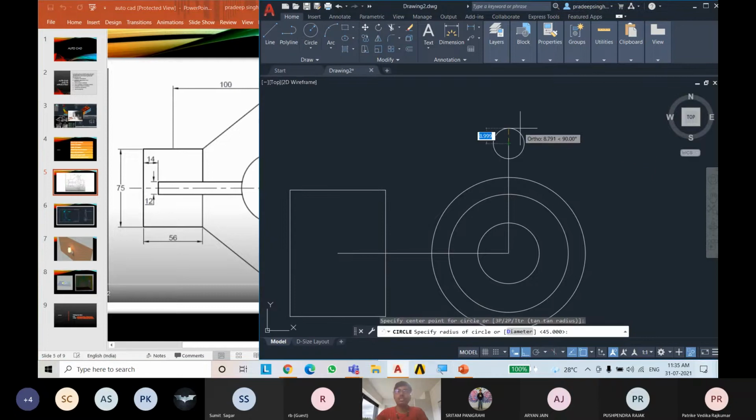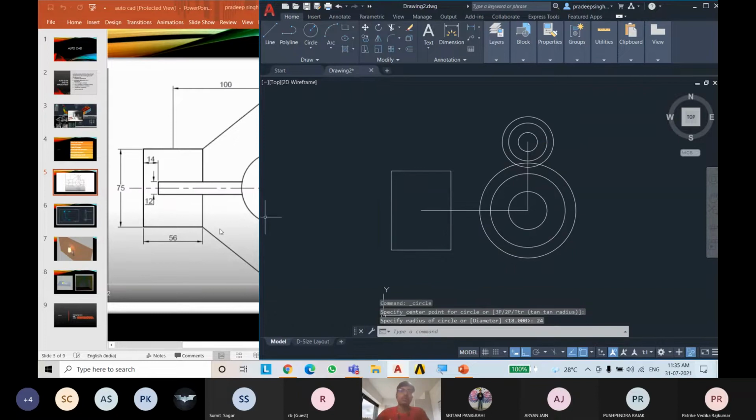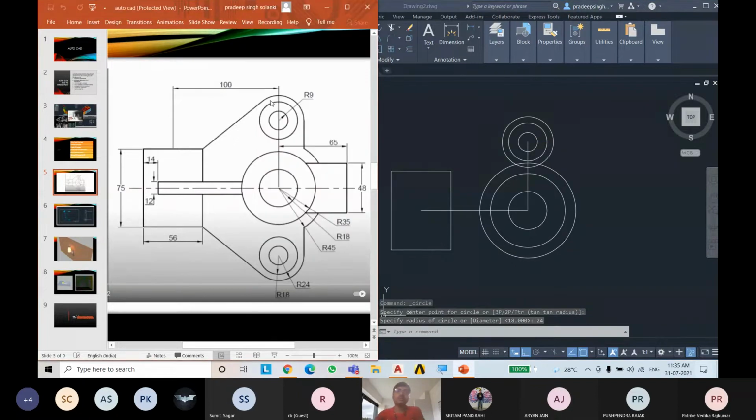So take there, span type 9, enter. Again, center 18, enter. Again, expand 24, enter. Now you can see that this line is tangent to this circle and this line is also